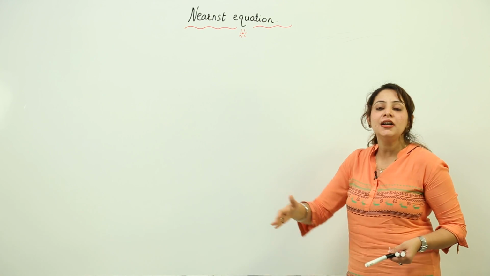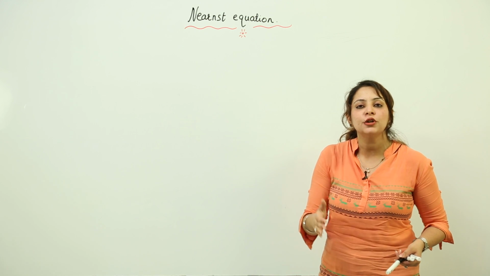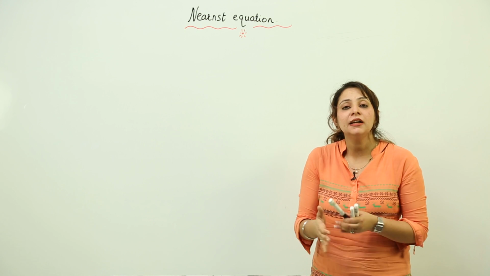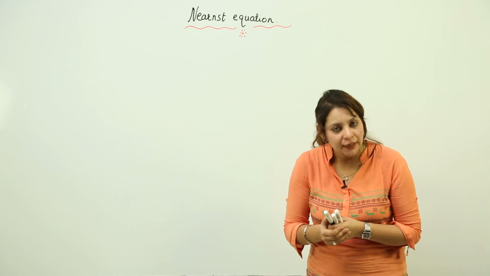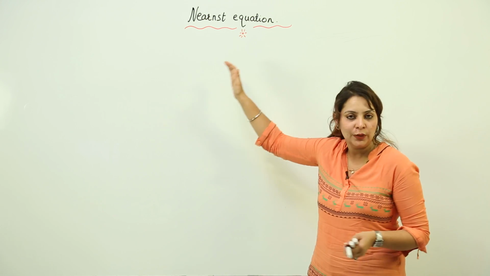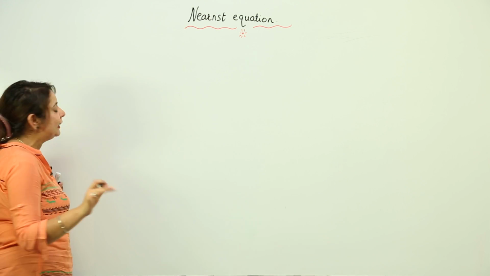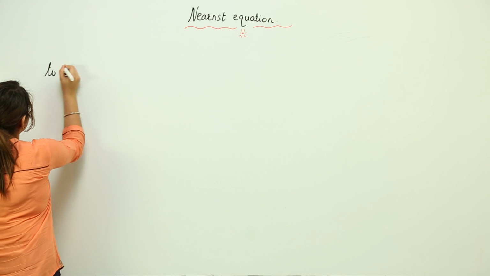So whenever you have the concentration of electrolyte as other than 1 molar, at that time you can find the electrode potential by using the Nernst equation. So just look at the board. So why is it required? I think you know that it is required